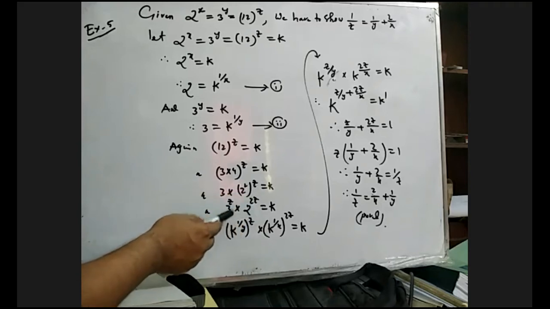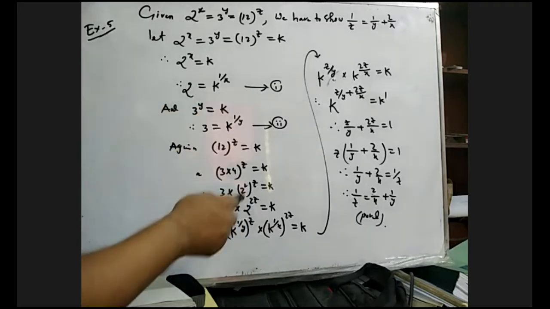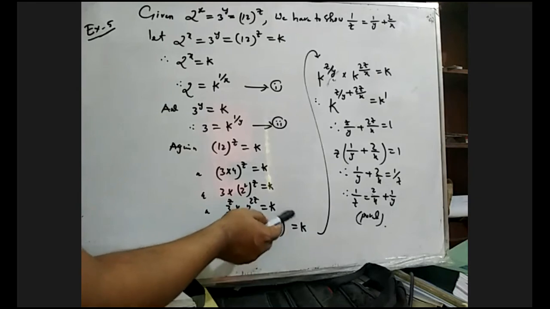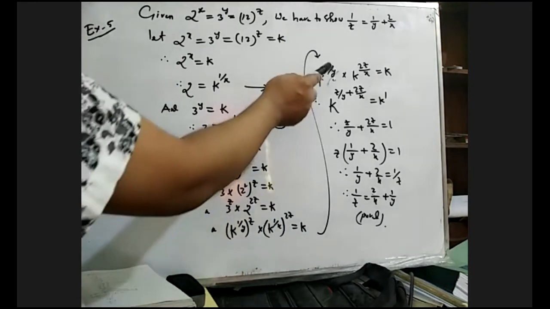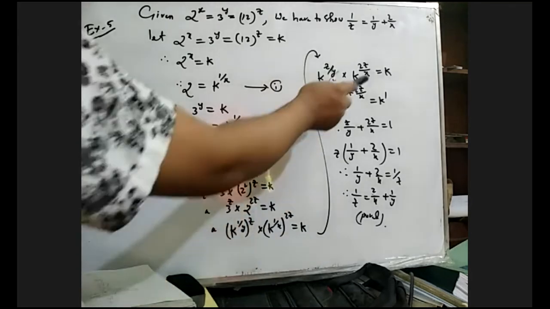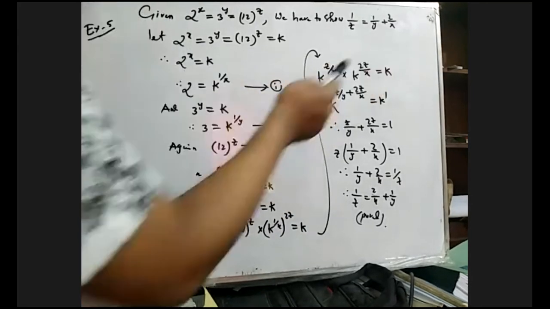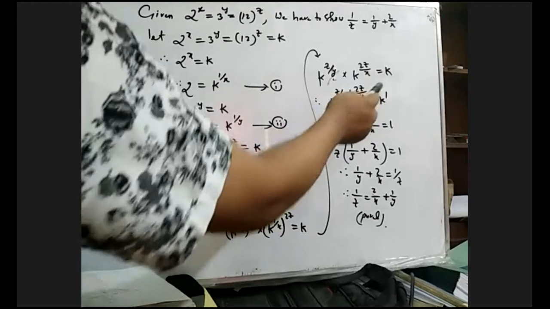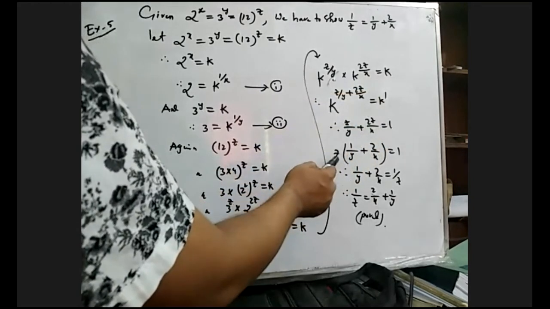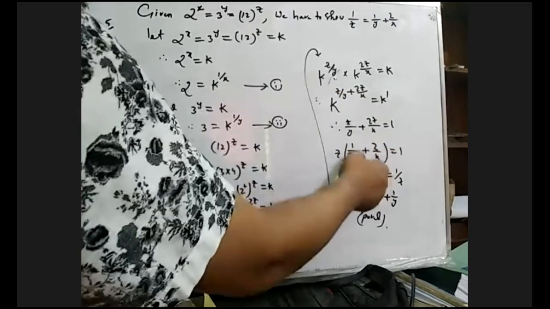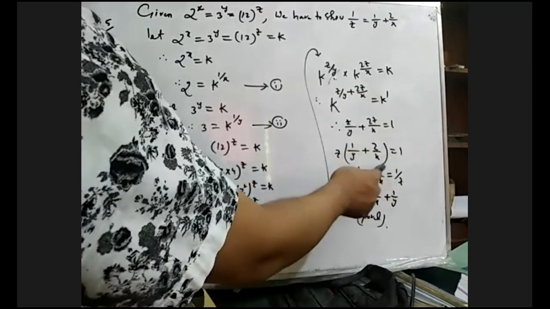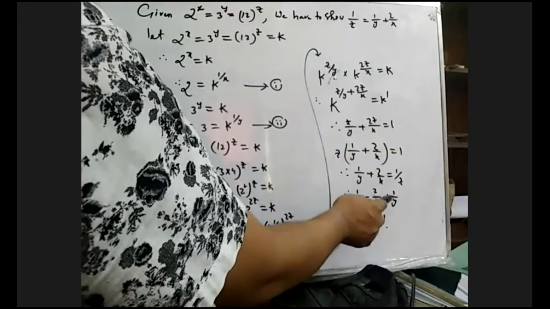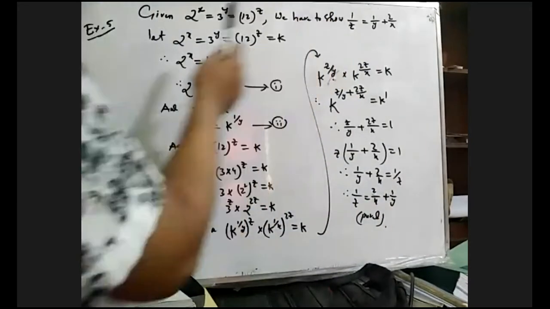Okay, so putting value of 3 and 2 from equation 1 and 2, we get k to the power 1 by y to the power z, k to the power 1 by x to the power twice z. But k to the power 1 by y into z will be z by y, and this will be twice z by x equals to k. K means k to the power 1. So there are base equals to base, so we can write power equals to power. So taking common z, we can write 1 by y plus 2 by x equals to 1. Dividing by z on both sides, we get 1 by y plus 2 by x equals to 1 by z. So 1 by z equals to 2 by x plus 1 by y. This is the required proof.